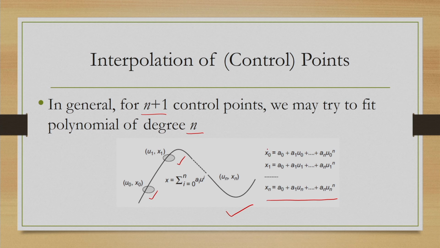This is for x coordinate. Similarly, for y coordinate we can have similar set of systems. Now, since there are n control points given, we have n x coordinate values. For each of these coordinates, we have one equation of the curve in terms of the parameter. And so, for the n number of control points, we have n number of equations.